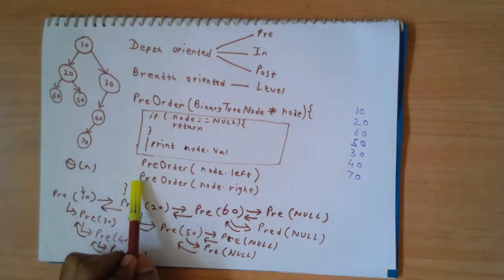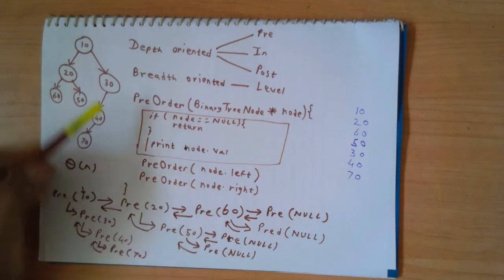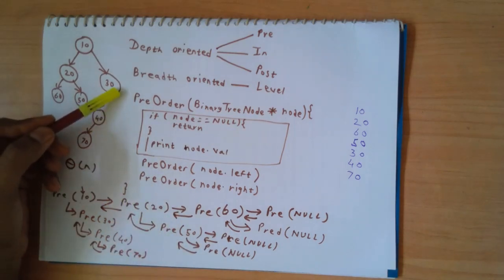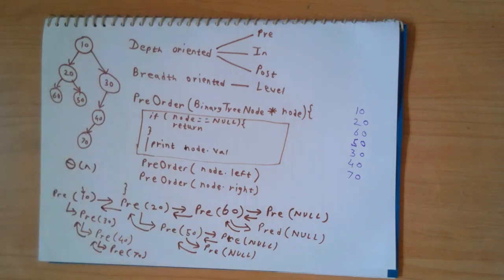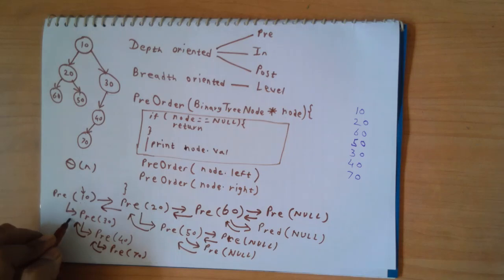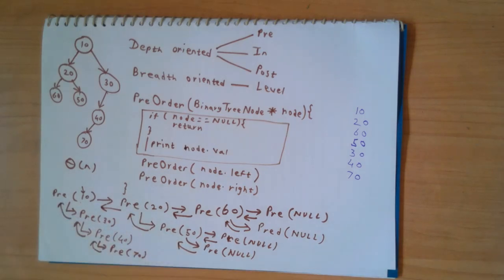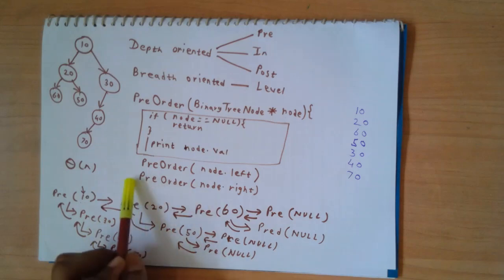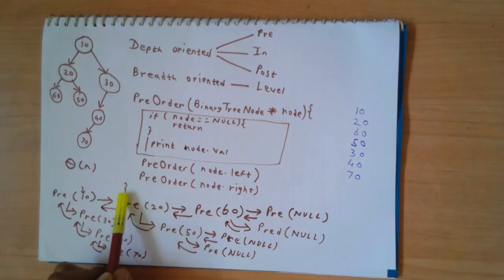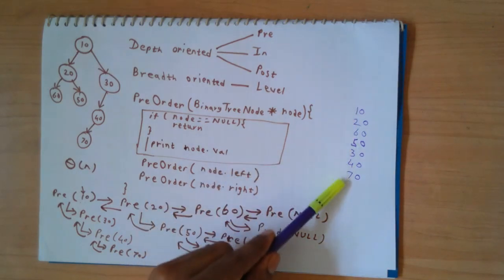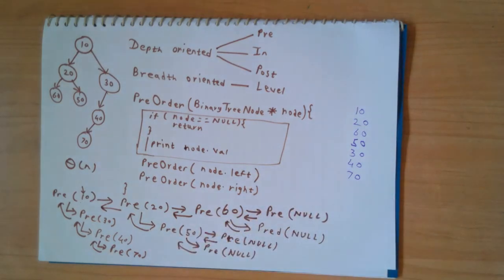Now we'll proceed to the next statement, which is pre-order traversal with right child of 30. But 30 doesn't have any right child. So we will go back to 10, and we had come to pre-order traversal of 30 because it was the right child of 10. So this completes the function call for 10, and then we have finished our pre-order traversal of this particular tree. So that's how the pre-order traversal works, and this is the order in which we will visit the nodes. Okay. So pre-order traversal takes linear time in terms of number of nodes, and it produces this output.